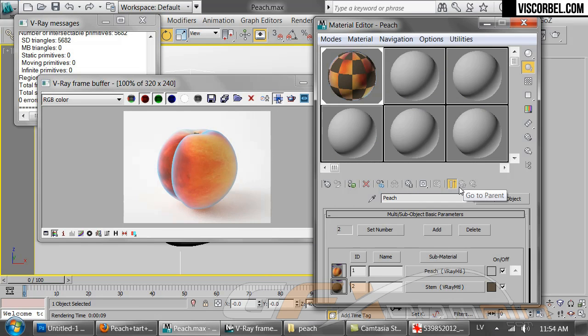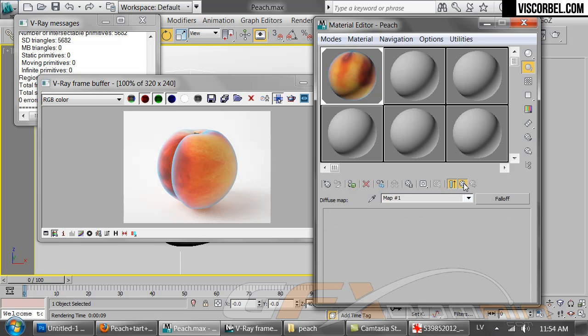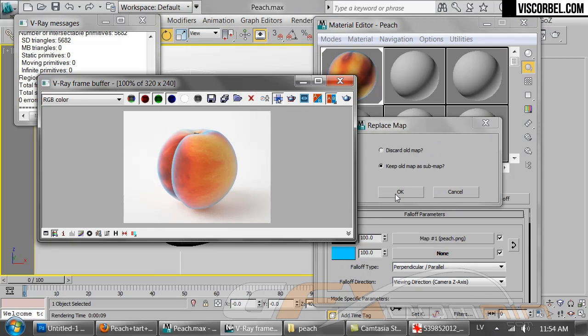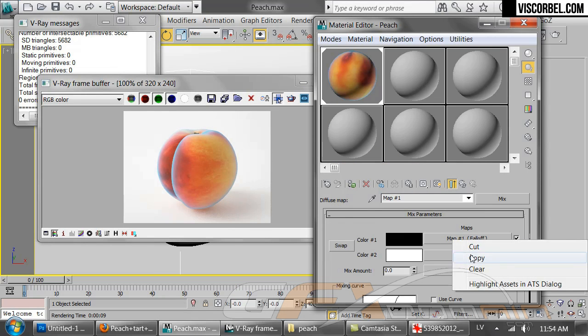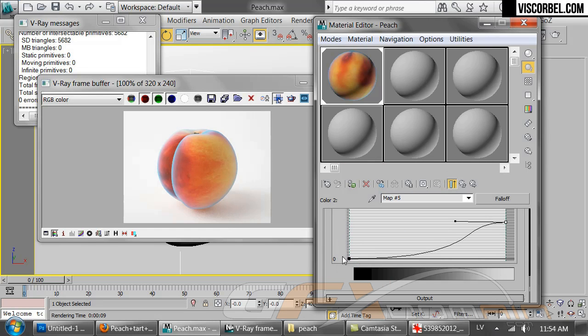Change the map type to mix. Keep old map as submap and copy it to the second slot. And here for the second slot, I'm going to change my mix curve,